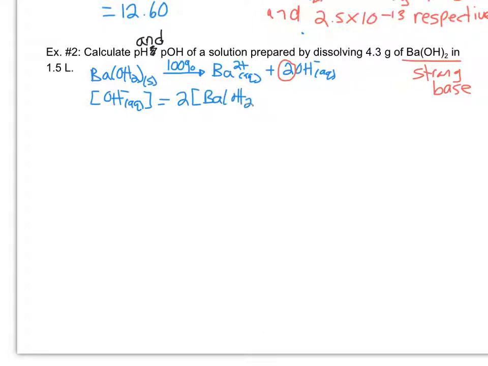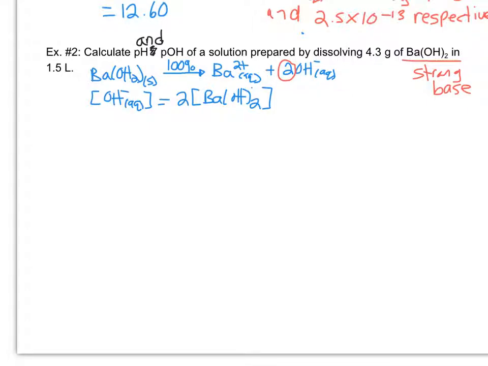Okay, so it's a 1:2 ratio. This 2 doesn't belong here. It belongs here. So we need our concentration of our barium hydroxide in order to get the concentration of our